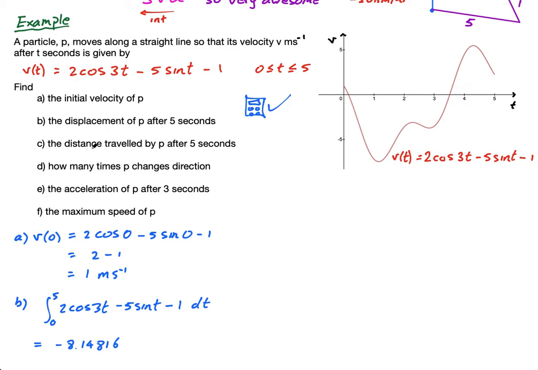8.14816, yes. So the displacement of P after 5 seconds is negative 8.14816 meters. So the negative is important, and look, the meters is important because that's where it is. And does it make sense that he'd actually be in a negative position? Well, if I look at this graph, I'd say yes, because he's reversing for a lot longer than he's going